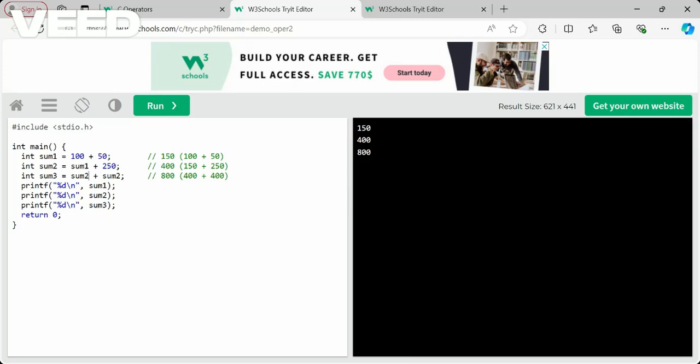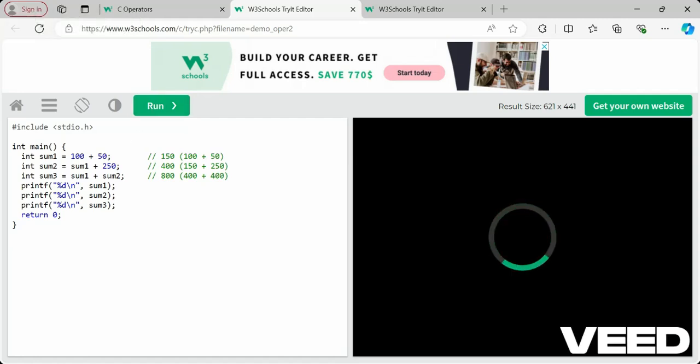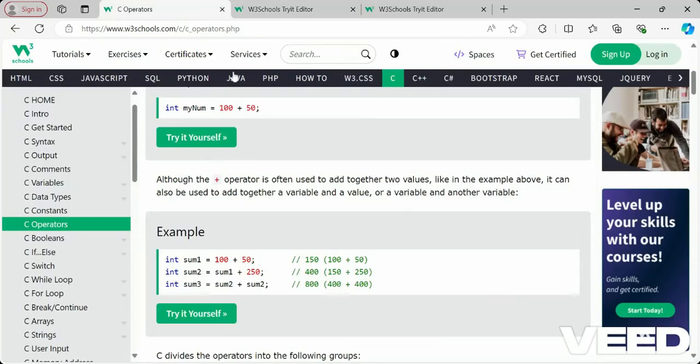If I give sum1 plus sum2 for sum3 here, sum1 will be 150 and sum2 will be 400, so the result will be 550. This is how we can add variables and values. Using variable names we can get the value of that variable, and then it will be added up by using this plus operator.